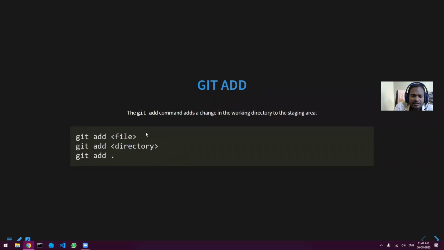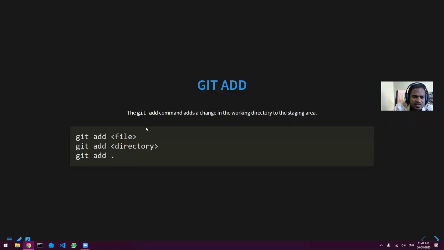Then git add. As I have already discussed in the previous lecture, there are three different stages of your file. One is the working directory, one is the staging area, and one is the committed area. Whenever you want to put anything from the working directory to the staging area, you use git add.